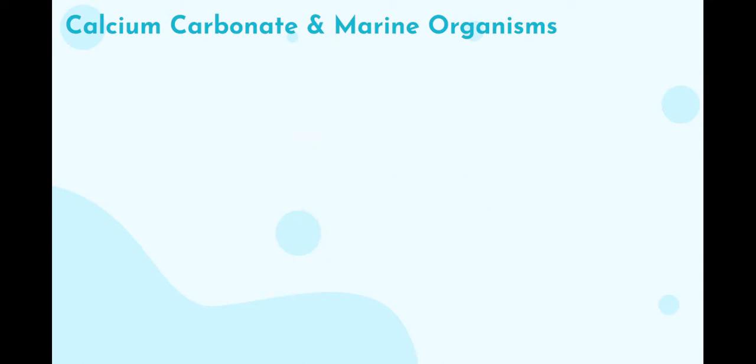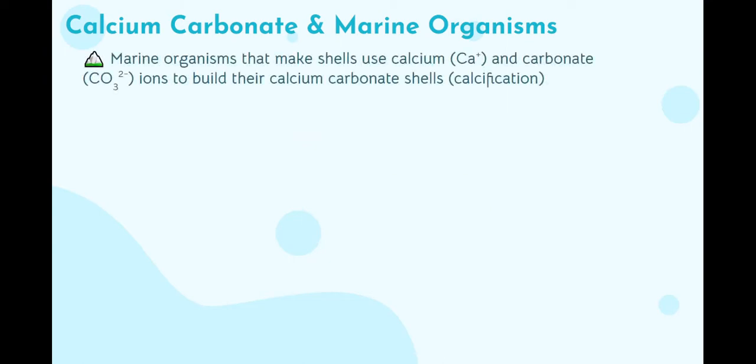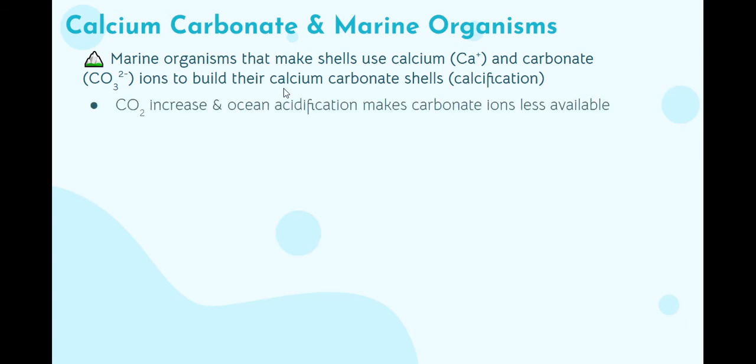So, calcium carbonate in marine organisms. Marine organisms make their shells with calcium and the carbonate ions to build their calcium carbonate shells. So the calcium combines with carbonate to form the shells. That's called calcification. Now, if there's a CO2 increase and acidification of the ocean, this makes the carbonate